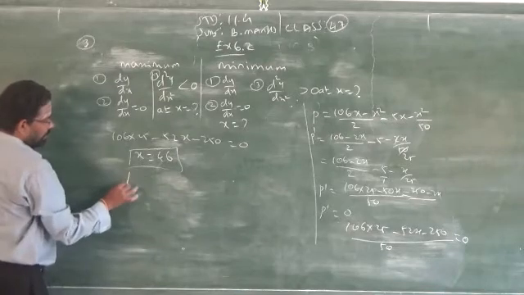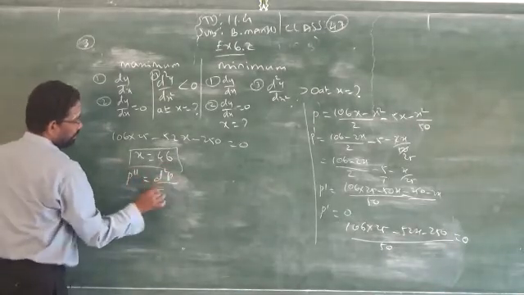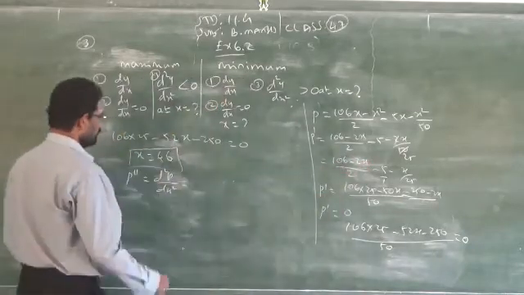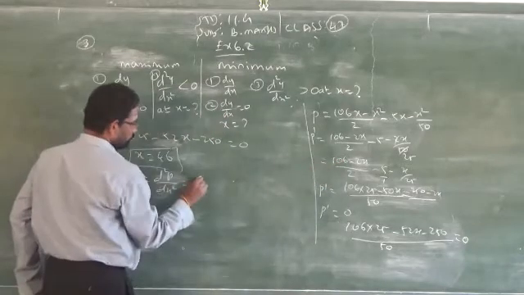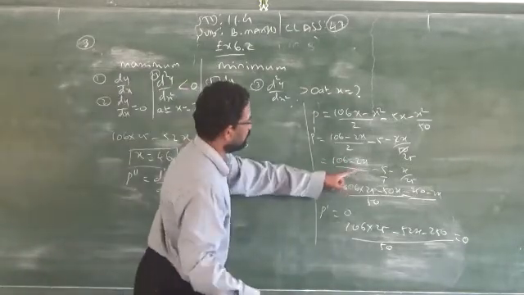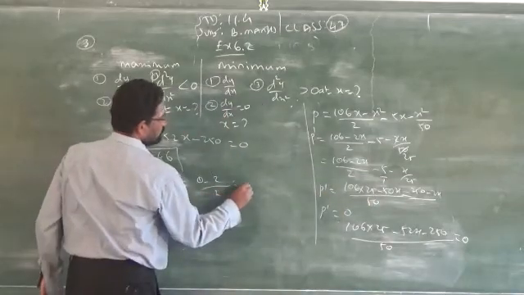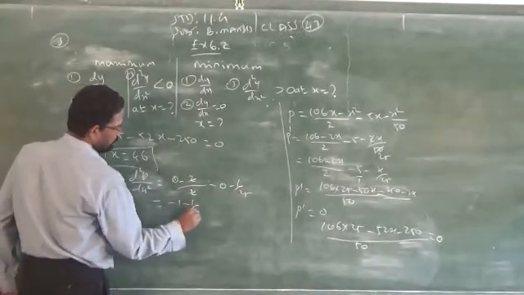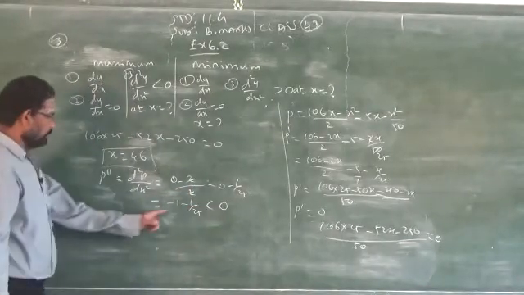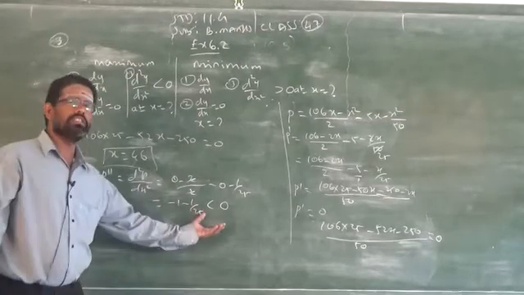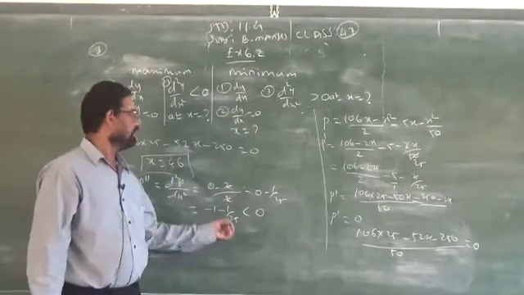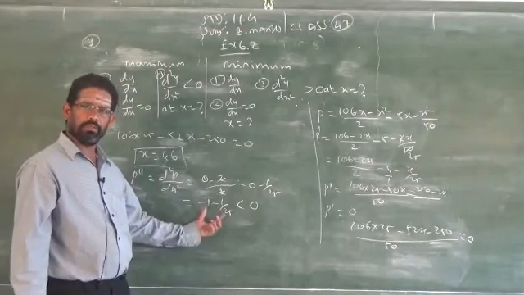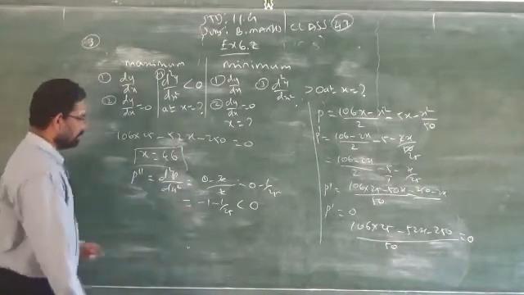Then you have to find second order, that is p double dash or d square P by dx square, that is your way. Where is the first order? This is your first order. I am differentiating this one. There is no x, 0. Minus 2 by 2. 2x will become 0. There 1 by 25. 0 minus. So you will get minus 1 minus 1 by 25. It will always be less than 0, because both numbers are negative values. Obviously no need to simplify more. Not necessary. Just by seeing itself you come to know that this is a negative answer. So simplification is not necessary for this. So now it is less than 0.